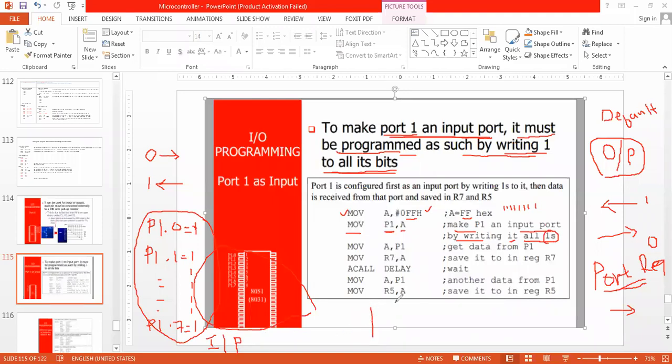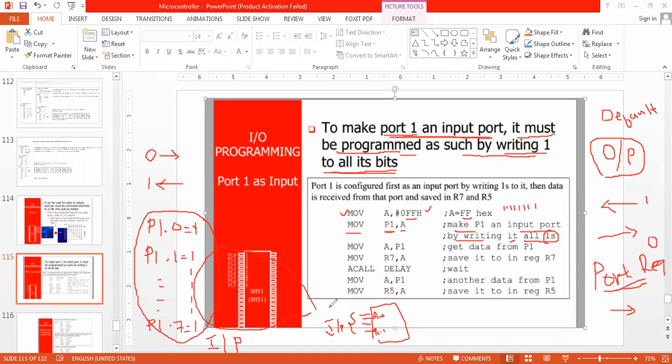So if I have the P1 port here, P1.0 to P1.7, I have port pins. All these are working as input. So if I connect sensors, these will collect the data.